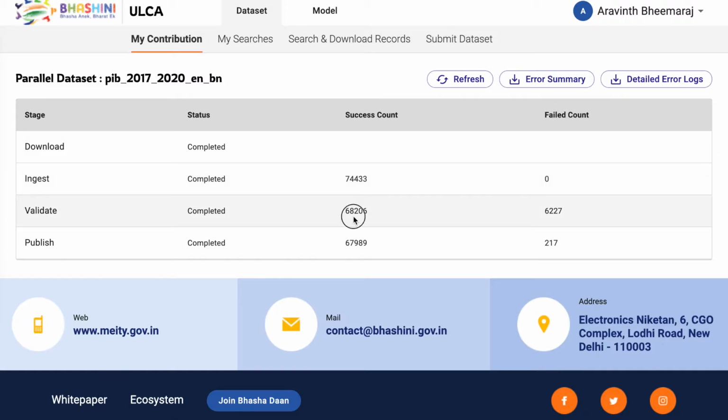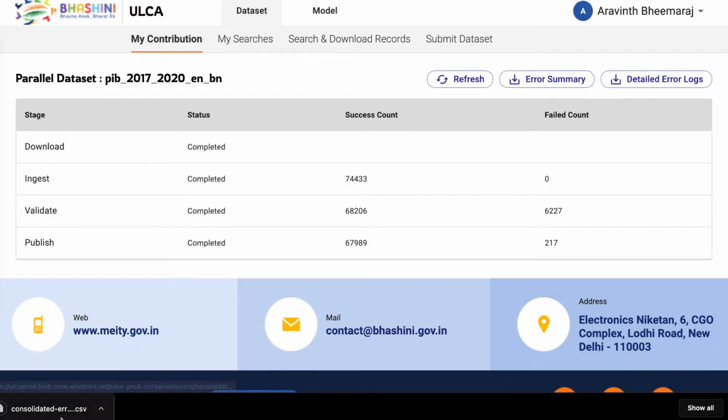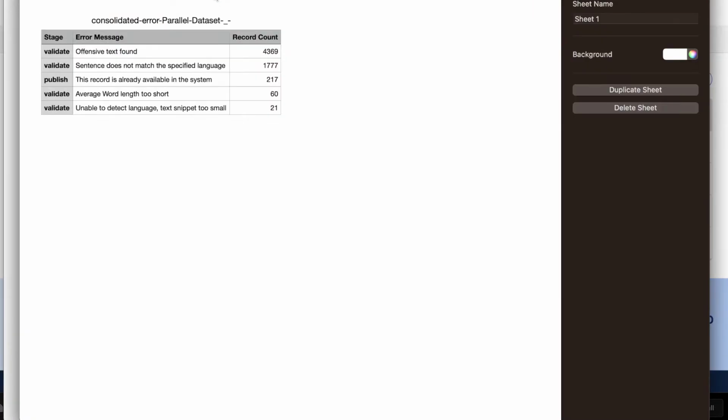We can see some job level metrics and it shows the success and the failure count of records at each of these stages. There will be 2 types of error details available for a job run. First is the error summary, where we can get an aggregated view by error message. This would be very useful when the number of rejects are higher. Here we are downloading it for our current run, and let's quickly walk through this.